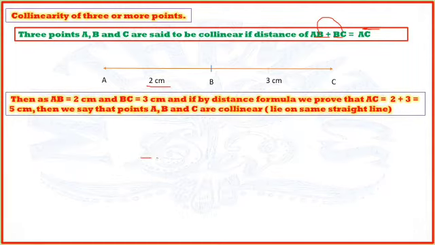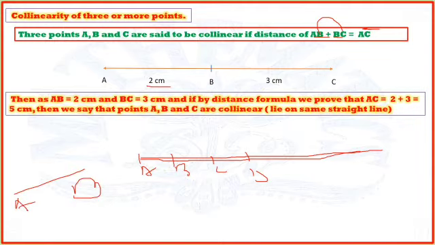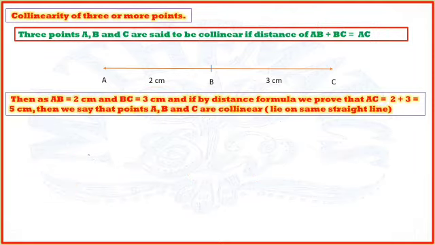That means, for example, there are 10 points on this line, A, B, C, D. It is not fully straight, but let us assume that it is a straight line. You cannot say that if the point A is here, B is here, and then C is here, for example, that A, B, C are collinear, because these 3 points do not lie on the same line. This AC is a different line, BC is a different line, AB is a different line. So I hope you understood what collinearity is.